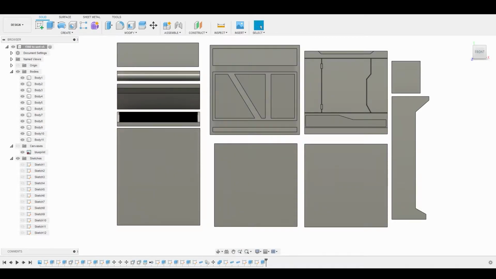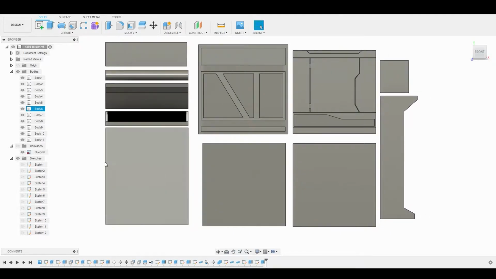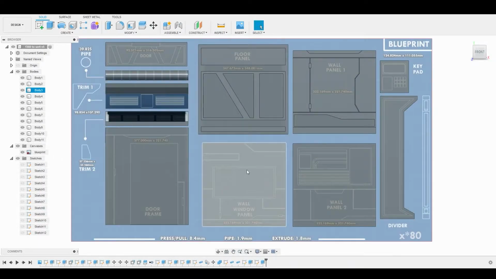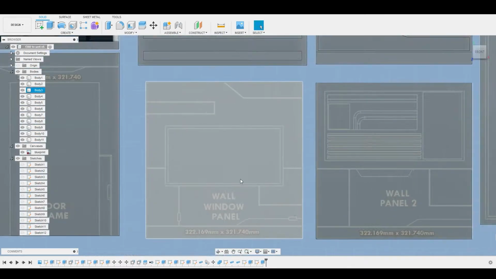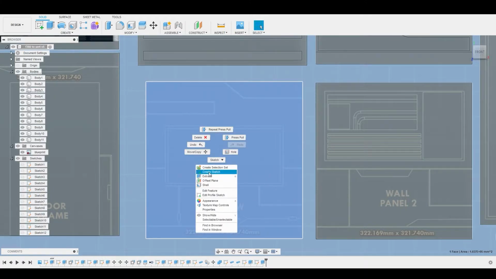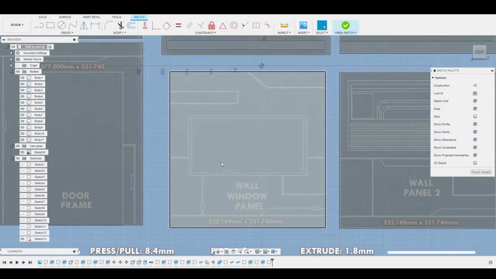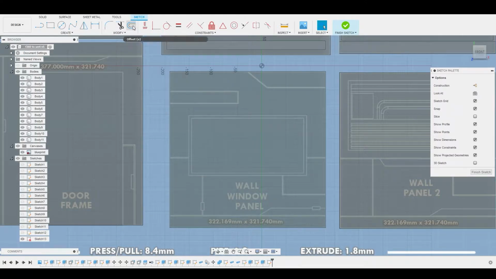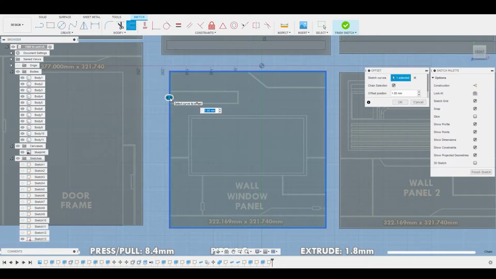Welcome back, guys. So in this portion of the video, we're going to start by continuing to add detail to a couple more panels. And if we toggle back on the canvas, we'll start with the wall window panel, and we'll just select this surface here, right click and go to create sketch. And what I want to do is use the offset tool, select the outer edge, and we're just going to